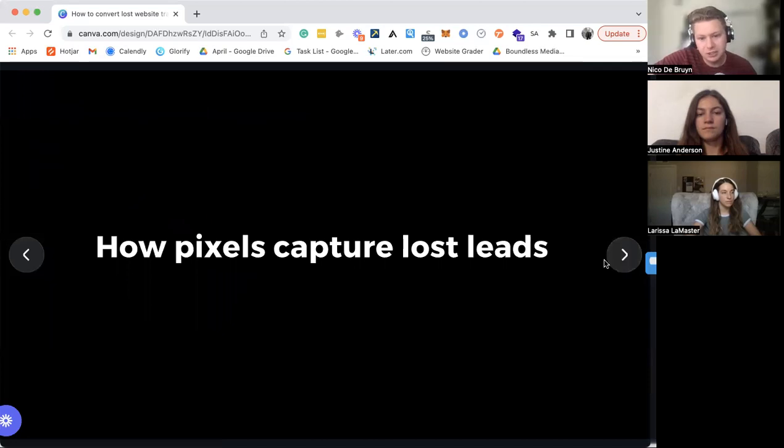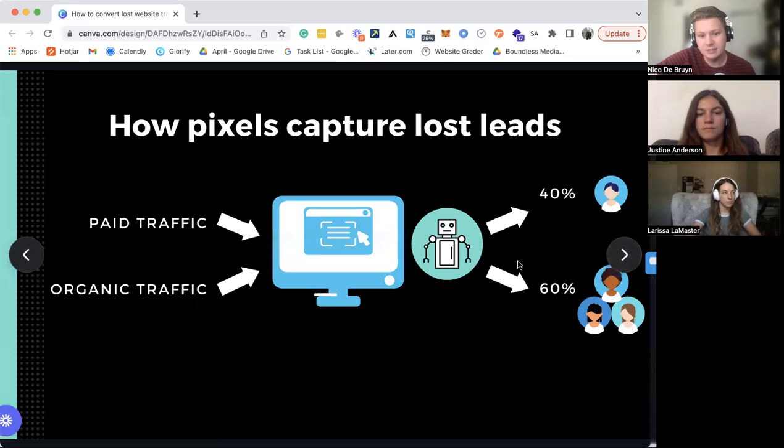So, how pixels actually work and how they capture data to turn into lost leads: they sit in between the Facebook pixels, the websites, and the end user. So basically, you now have a pipeline that sits in between and works for you. About 10 to 40% of the time, these pixels can know exactly who that person is and their behavior. They're not up to 100% yet. Otherwise, we would be making a lot more money, to be honest. But the nice thing is, that's still a vast improvement. The fact that you now have at least 7% extra people, upwards of 37%, that you can now,